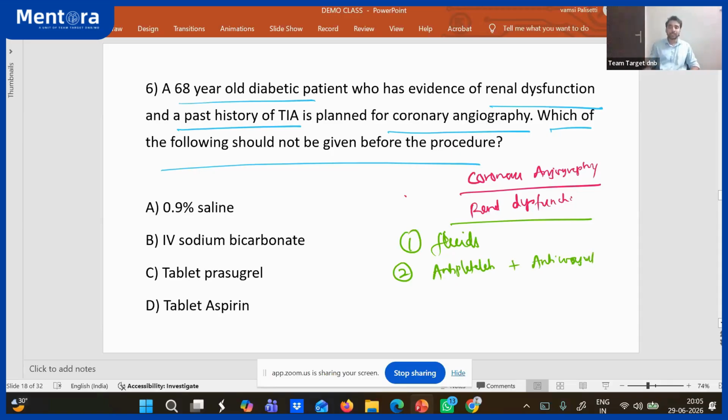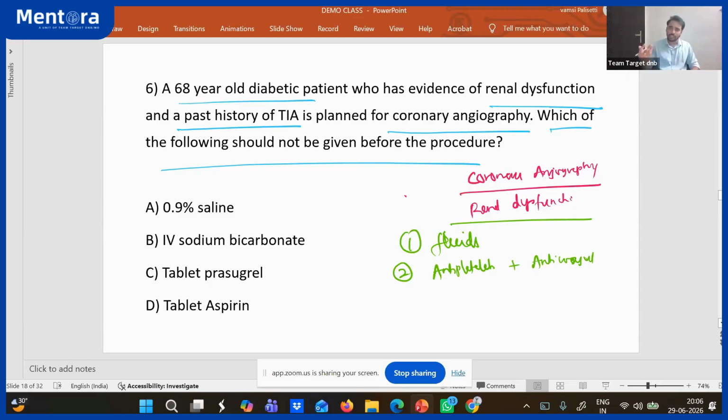This is the reason why, in the case of STEMI or NSTEMI, before doing angiography, you give a loading dose of antiplatelets and also heparin. Why are you giving this? Because by doing angiography, you are disturbing the plaque. So these platelets can cause aggregation in some other place, and they cause plaque progression also. That's why you give antiplatelets and anticoagulants before doing coronary angiography.